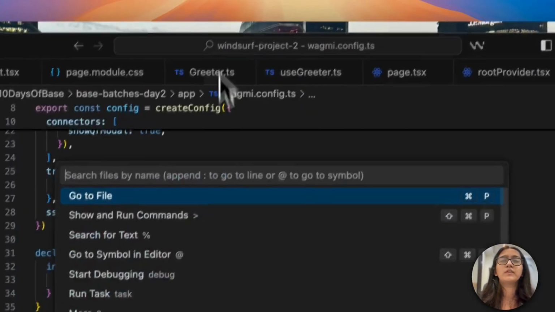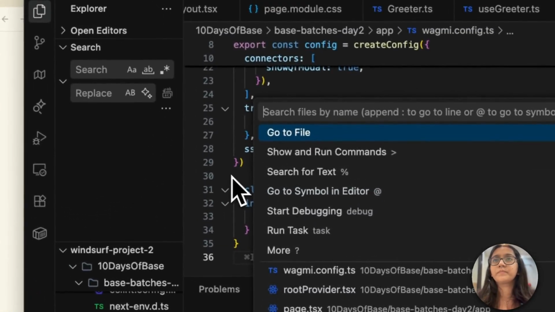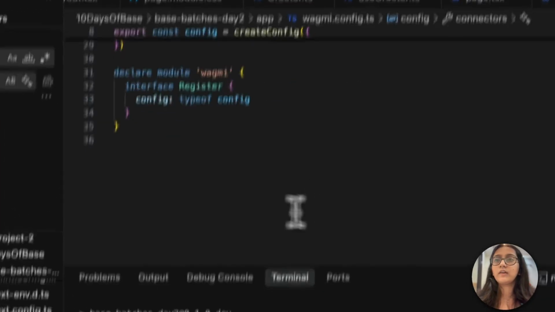This is still not loading. Screen Studio. Okay, so